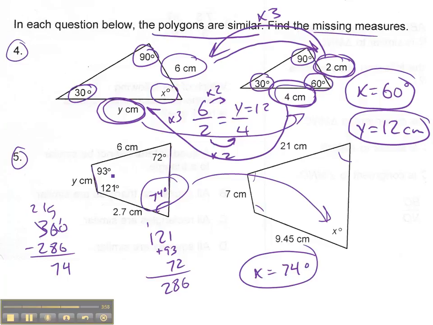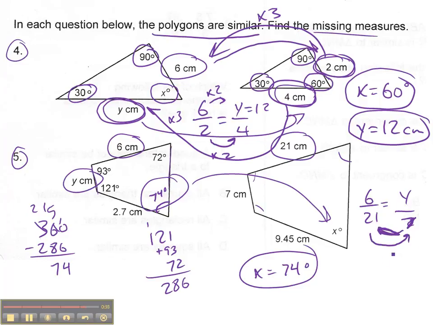Okay, for y, we need to set up a ratio of corresponding sides. So let's go from the smaller quadrilateral to the larger quadrilateral. 6 to 21 equals y to 7. Oops, that should be a 7. Okay, and you can see there's a way to get from 21 to 7, divide by 3. So 6 divided by 3 is 2. So y equals 2